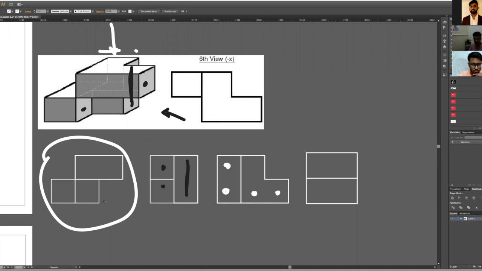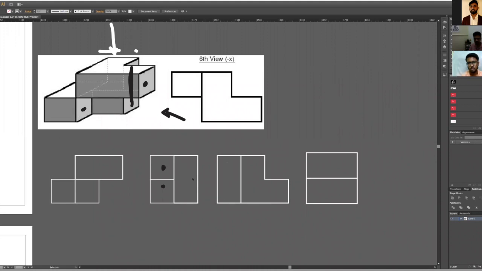Okay. So this is the front view which we have right now. Sorry, I'll remove this. So this is the front view, this is the right side view, and this is the top view from on top. This is another side view from here.